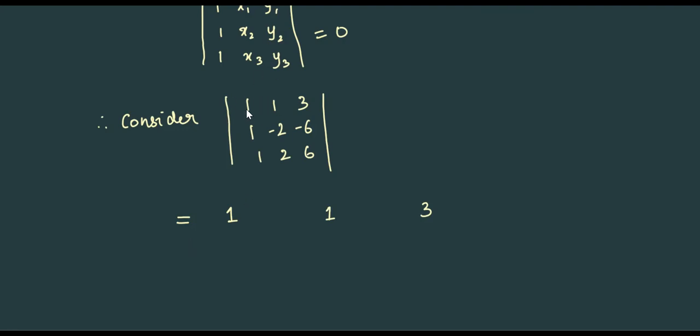First row is associated with first row, first column. This is row, this is column. First row, first column is associated with plus sign. The next column is associated with minus, next plus. So first you write this. After that, for this first element, you multiply